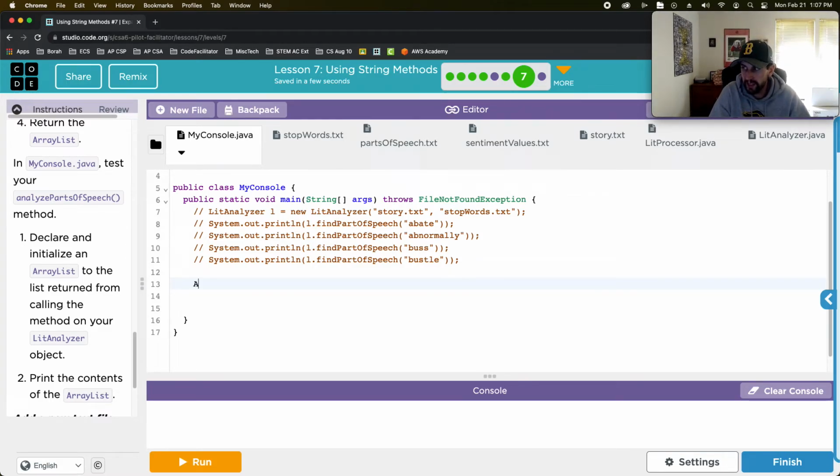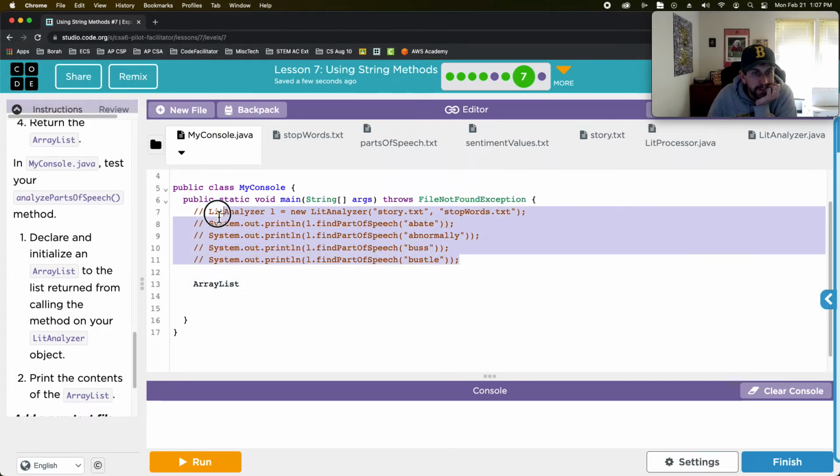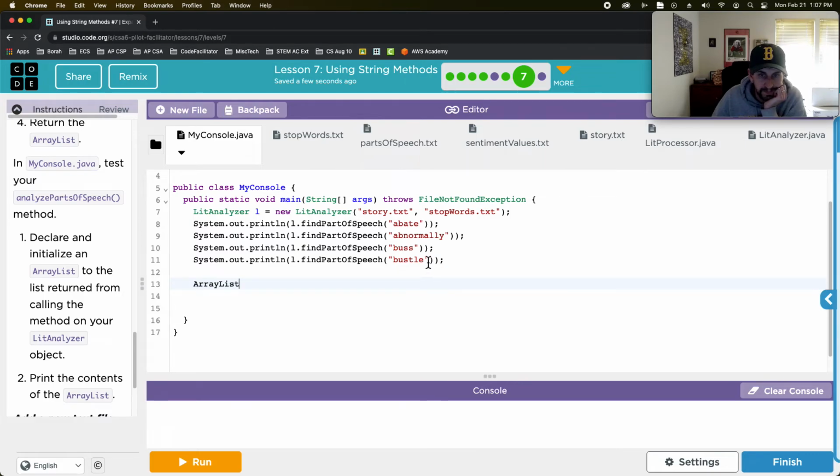Okay, so I'm going to say array list. I shouldn't have commented. Let's see. You know what? I'm going to leave those uncommented. But what I am going to do is do a new line. So I'm going to do array list string and then call it story parts. Is going to be equal to L dot